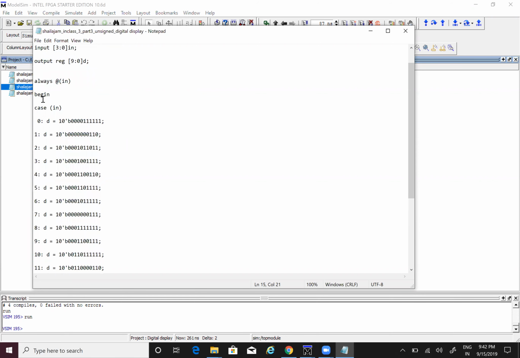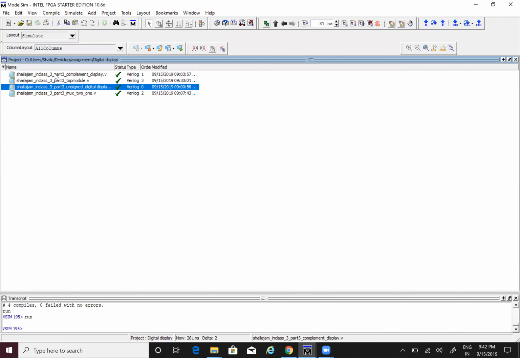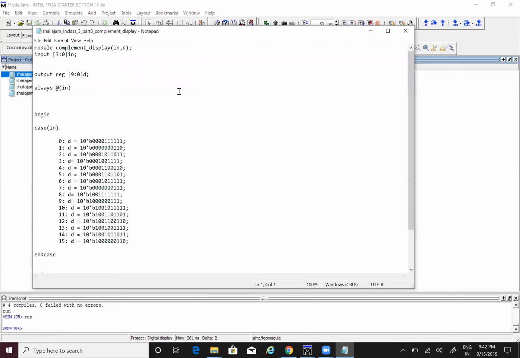So it has to be done always when there is an input. So I've used that. I've declared output as reg. This is for unsigned digital display. And then I have made a complement display. Then this is for whenever the input is in 2's complement, the output has to be done as per the